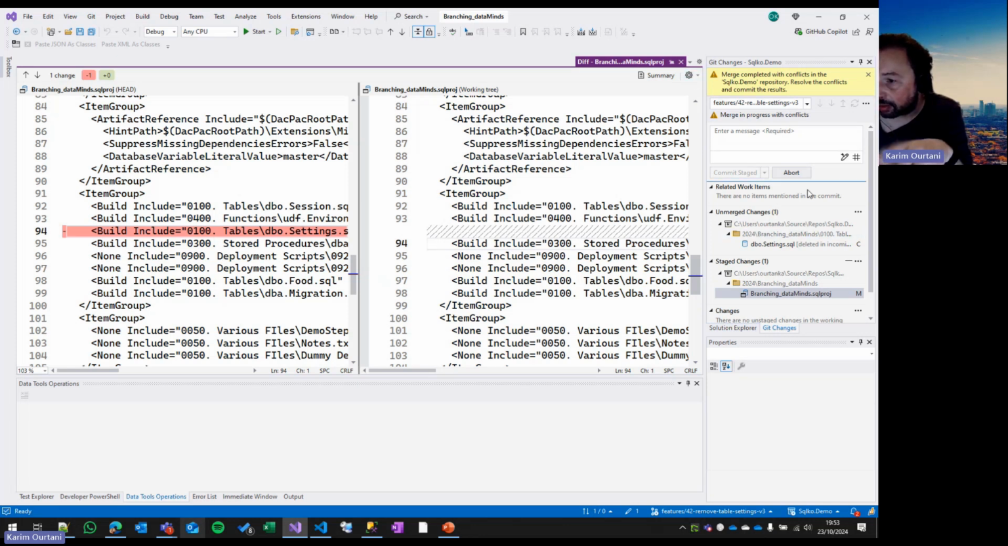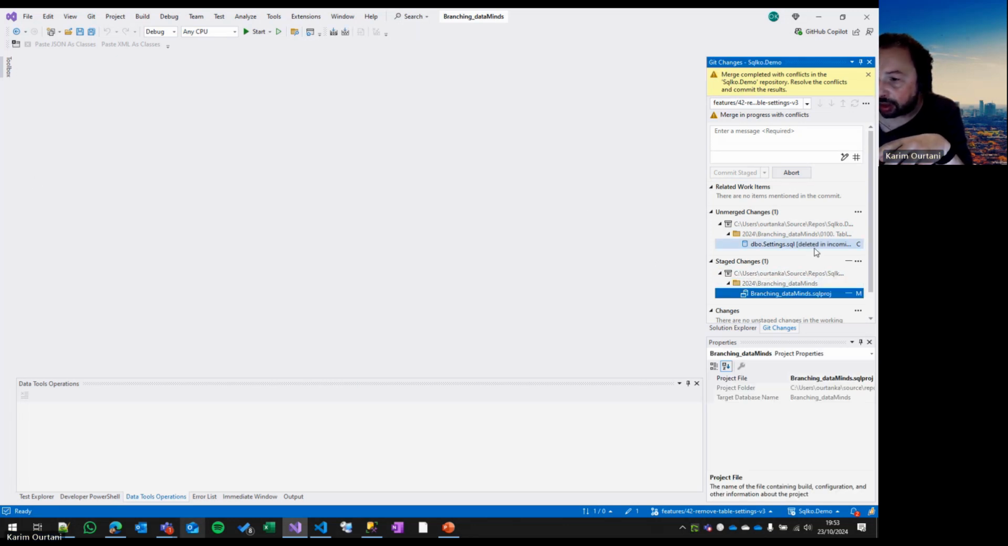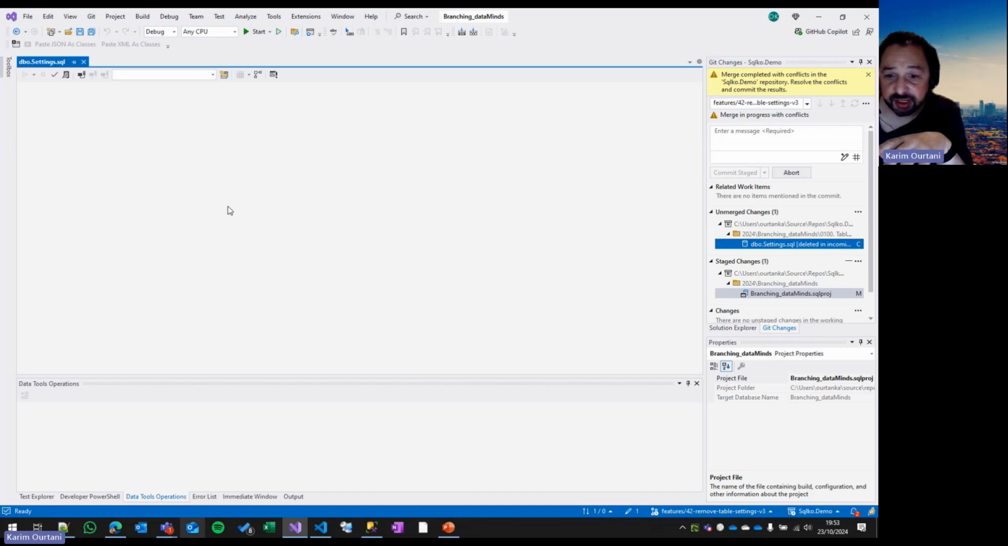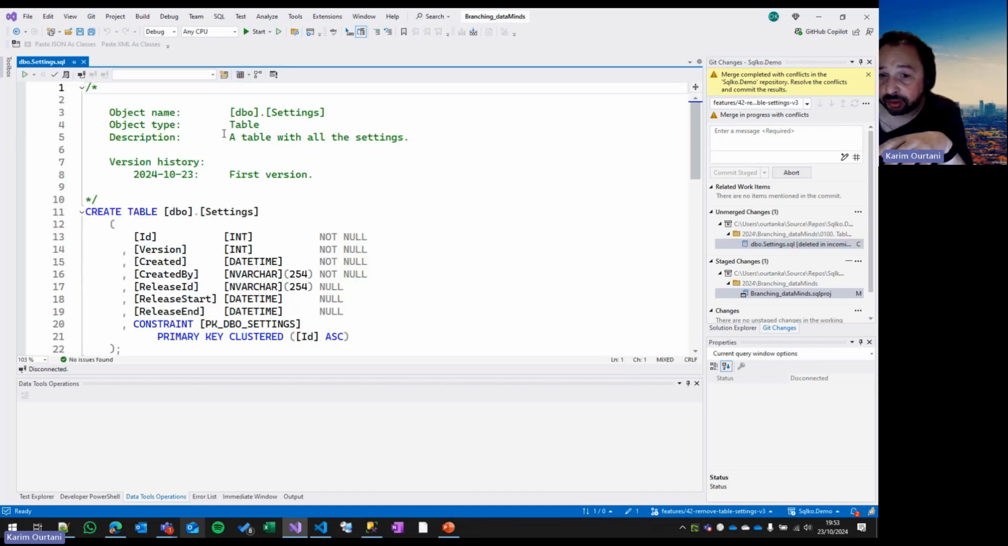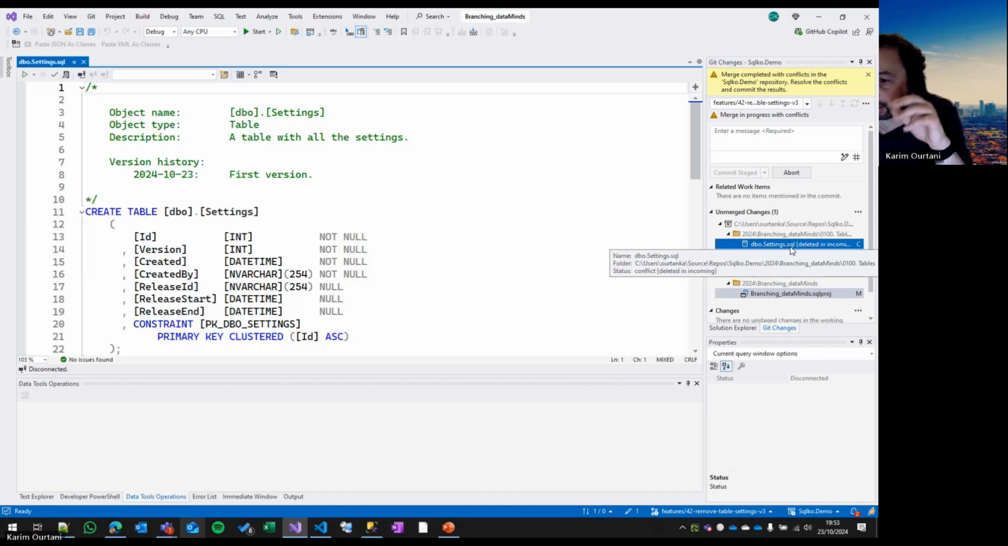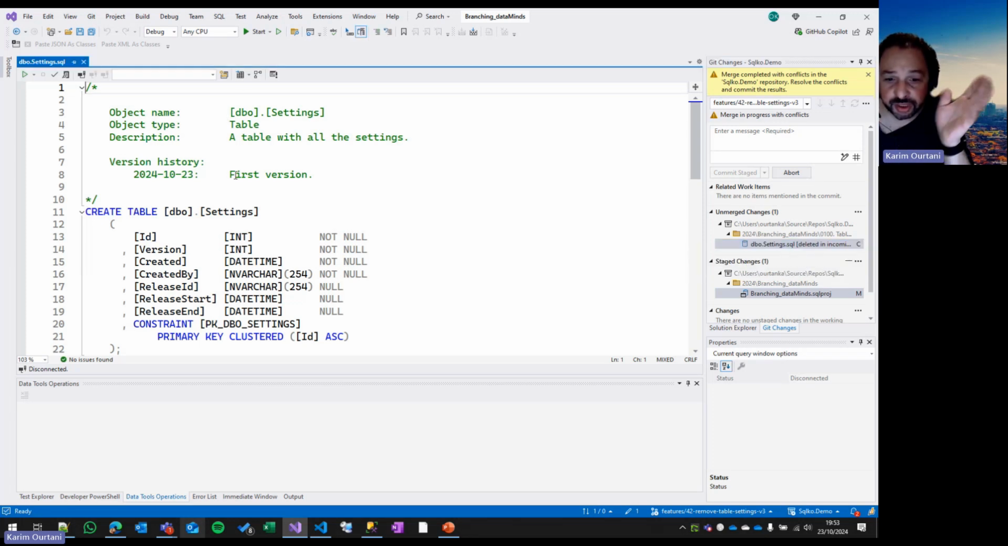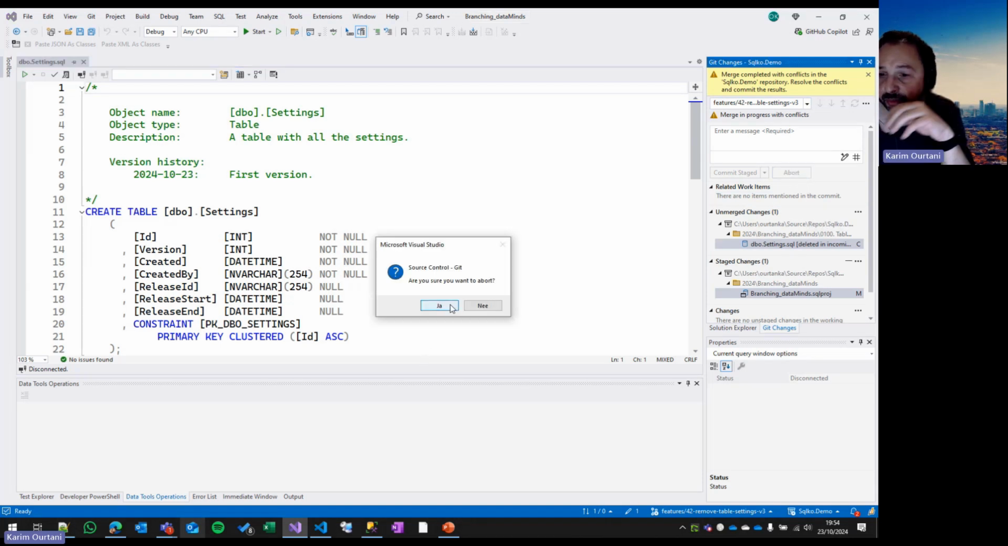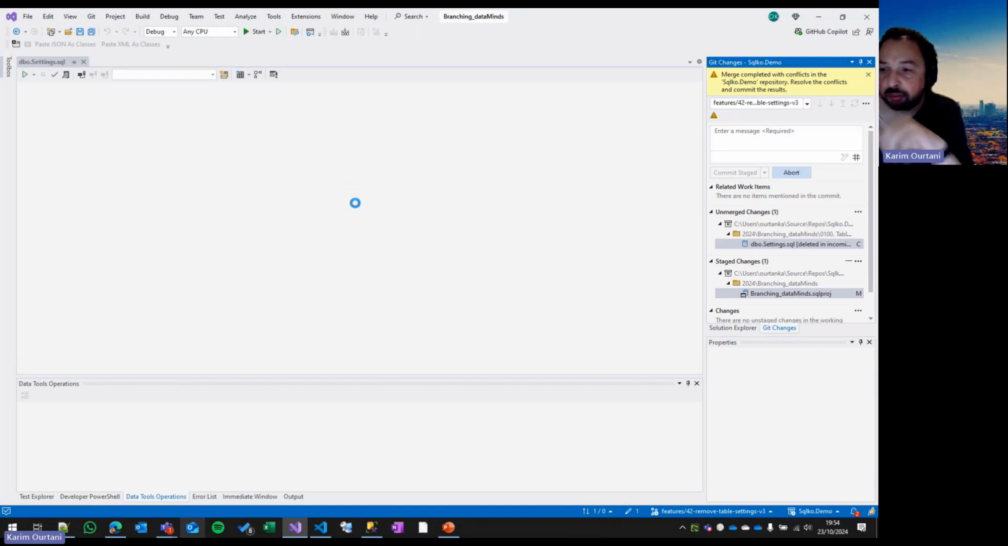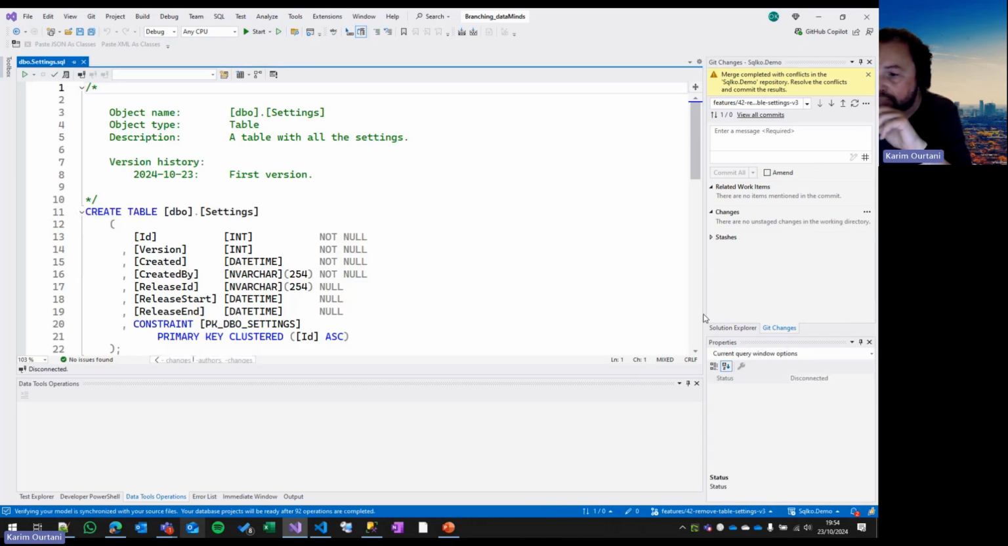let me just say, which one are we going to do? Just a minute. That's staged. These settings, there we go. Unmerged, where is merge in progress? Let's just abort it for the time being. But I see what you mean. Okay,